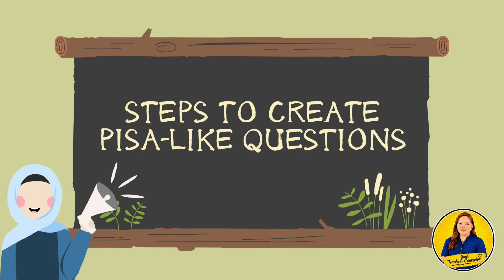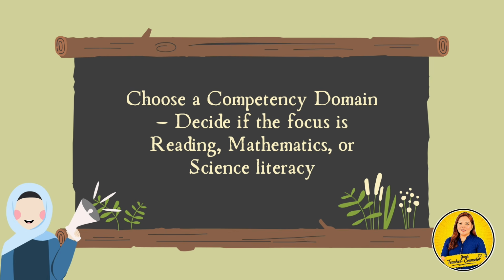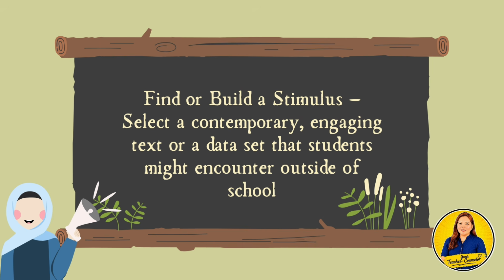Now that we understand the domains, let's walk through the actual step-by-step process for creating your own PISA-like questions. The first step is to choose a competency domain, deciding if the focus is reading, mathematics, or science literacy. This decision shapes everything that follows, from your stimulus selection to your question wording. The second step is to find or build a stimulus, selecting a contemporary, engaging text or dataset that students might